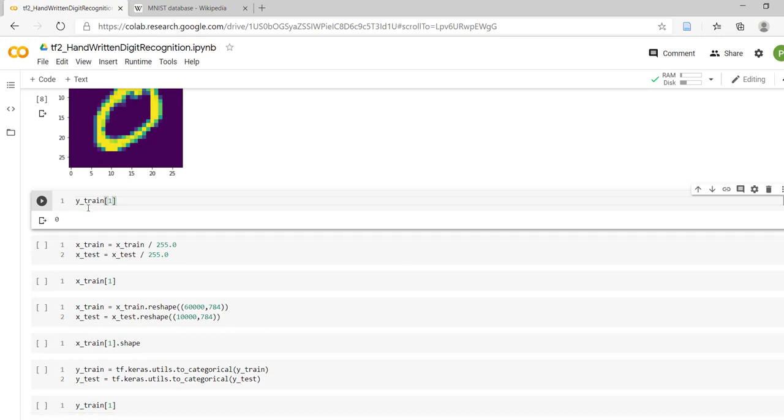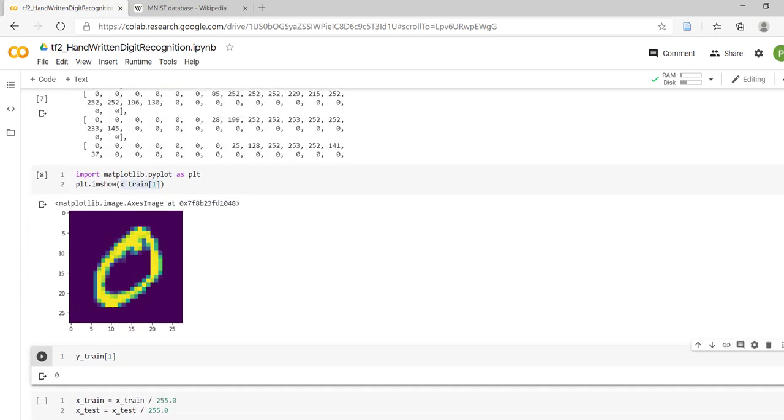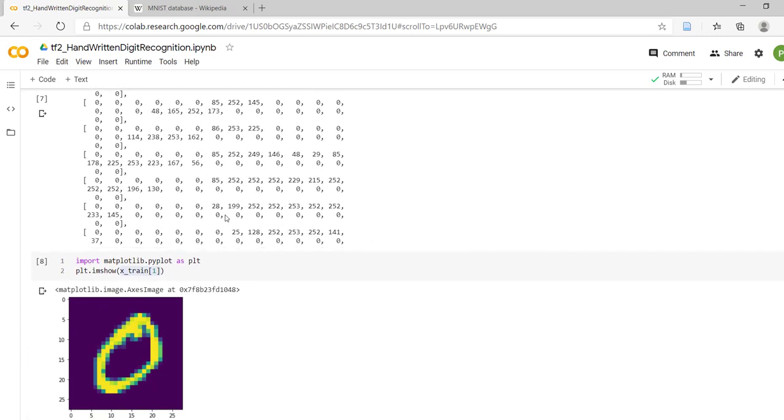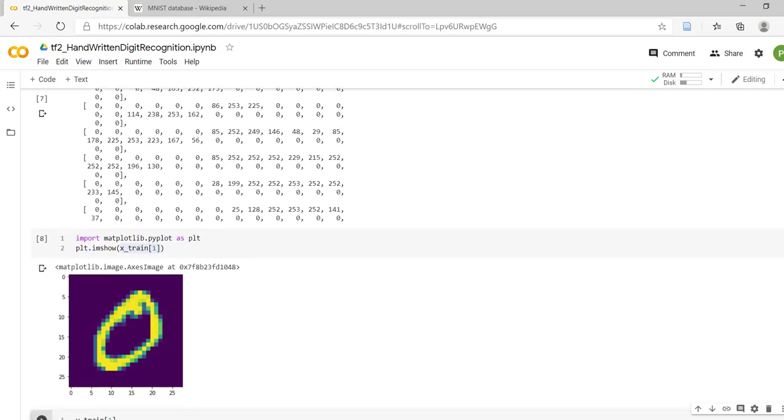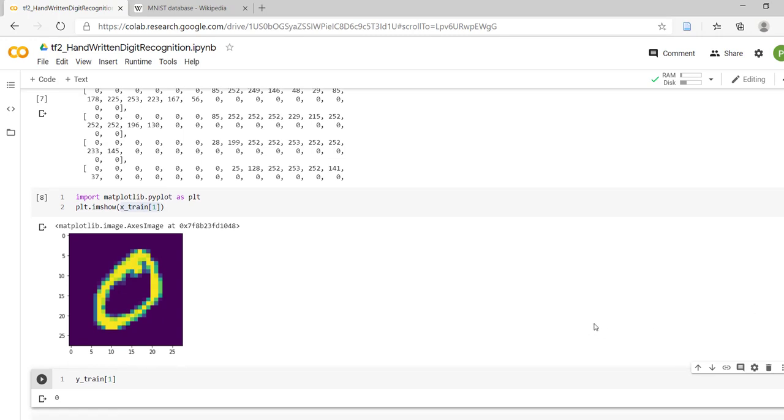y_train includes the true values associated with the images, but the problem is that the input values are ranging between 0 and 255. So we have to bind these values between 0 and 1 only. Why? Because some of the values are very close to 0, some of the values are close to 255, so it is a huge range. And again, this is input. Remember this, in a single neuron we are trying to perform W transpose X plus B.